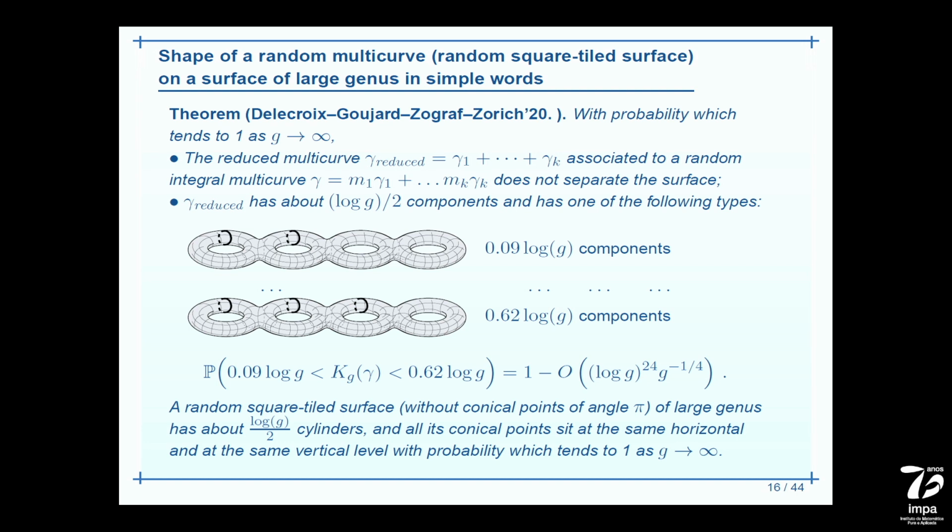So there are no corners of angle pi. And most of square tile surfaces have just several maximal cylinders. And what is even more interesting, look, if I chop my surface by all these components, I do not disconnect it. In terms of square tile surfaces, it means that all,